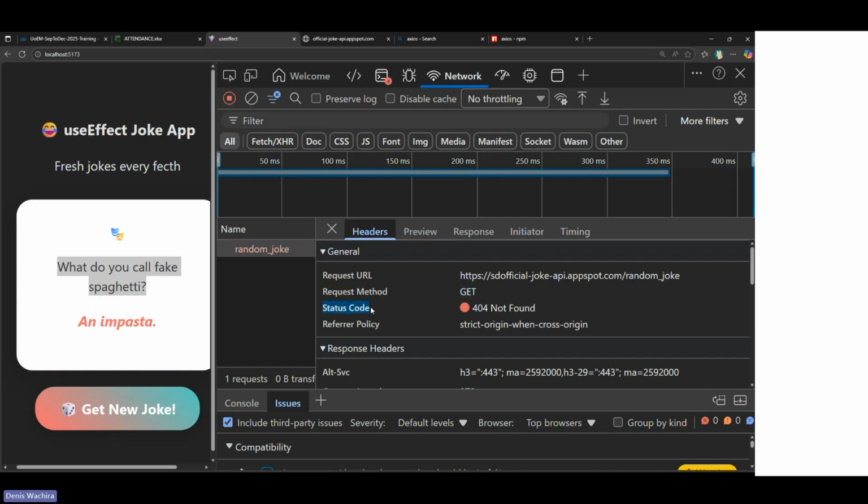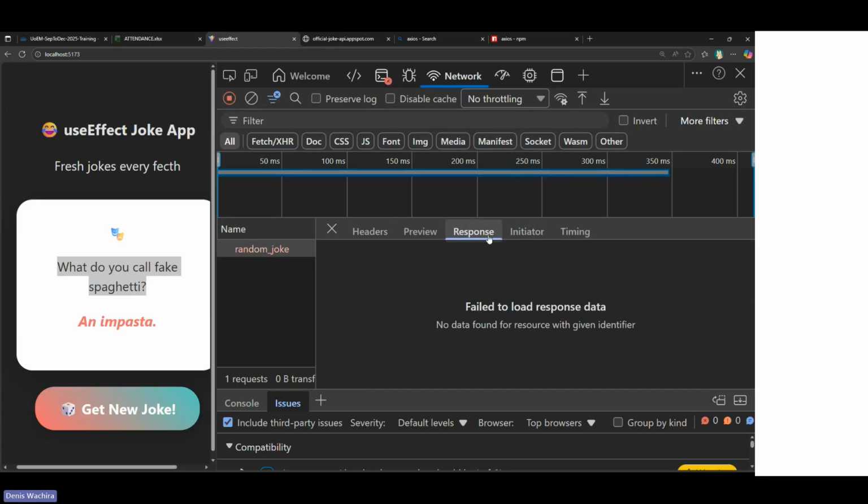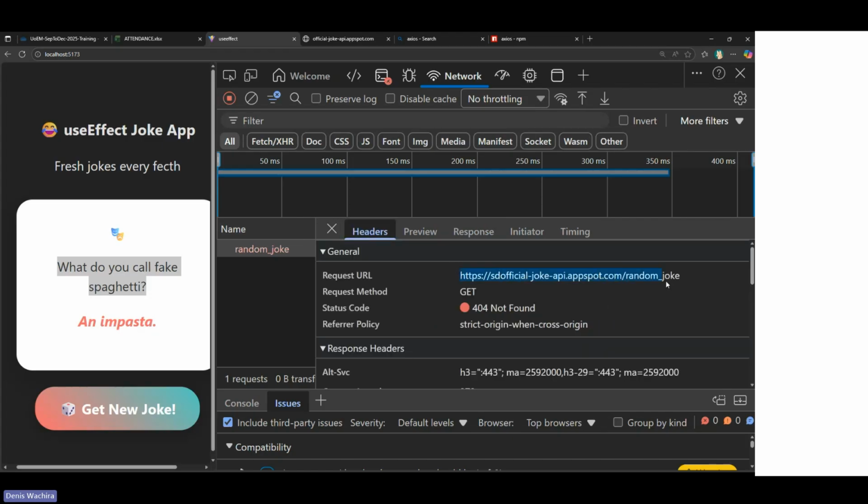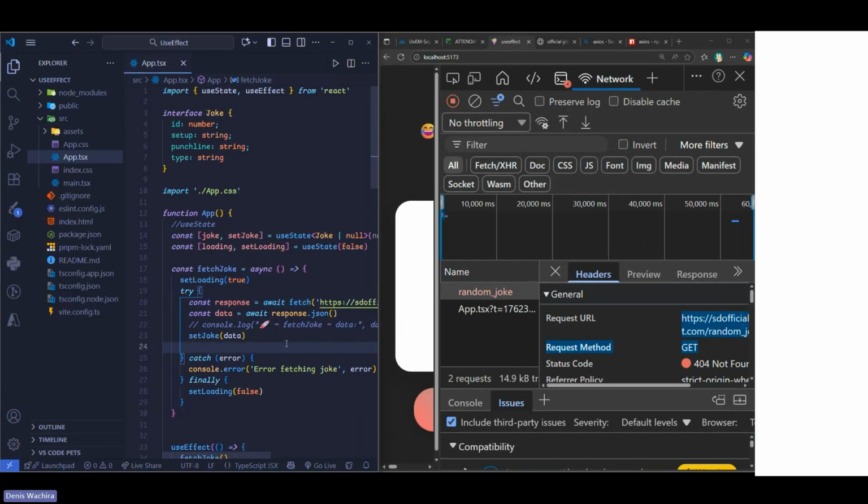So the status code, remember the status code that we were setting on the controllers when doing our API, that is what's being displayed here. This is what we'll be having, like 404 not found. You are checking the response, and we are not getting a response because it's not a valid URL. But if you have a valid URL, you should be able to get your data well in the request